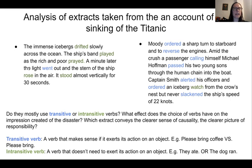So this is an analysis of extracts taken from the account of the sinking of the Titanic. So we've got two here, okay? And we want to answer this question. So I've helped to just zoom in on the grammatical, what's the word I'm looking for there? So the grammatical unit that I want us to focus on to demonstrate how powerful it is. So we've got something called transitive and intransitive verbs. What that means is